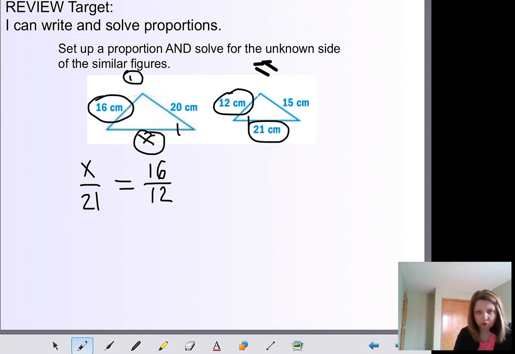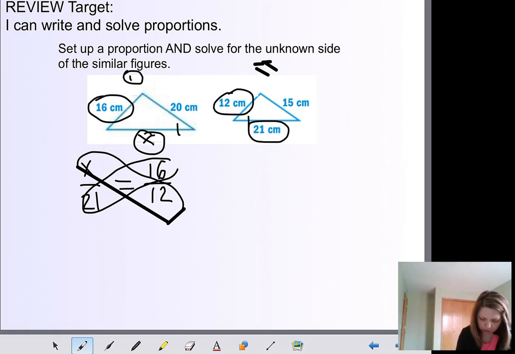Once you have your proportions set up, then you have to do cross product. And cross product means we multiply those two, and then we multiply those two. So x times 12 will be 12x equals 21 times 16. So 21 times 16,